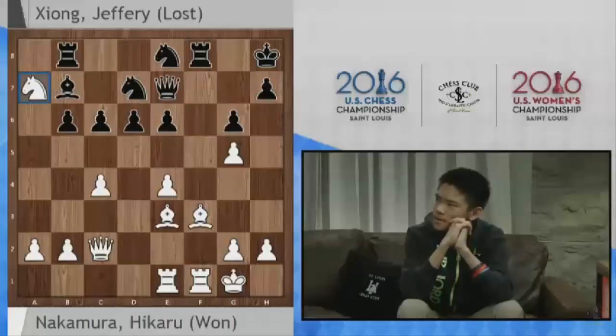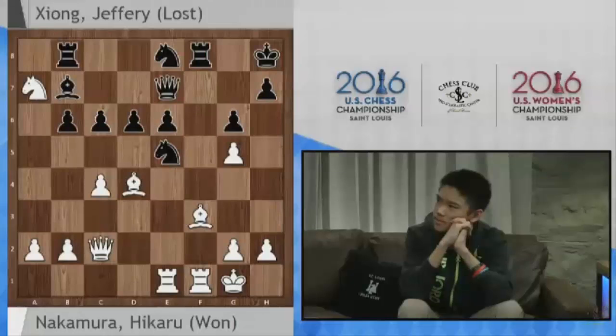Yeah, he has to play e5, I think. Or at least I thought that was his idea. And if knight takes? Then bishop d4. But I mean, here at least you've gotten the pawn back, and the pawn on g5 is hanging. Right, but no, there's still some things to be worked out, I think. I mean, c6 is hanging, and my king is very weak. I see. Okay, I might not...